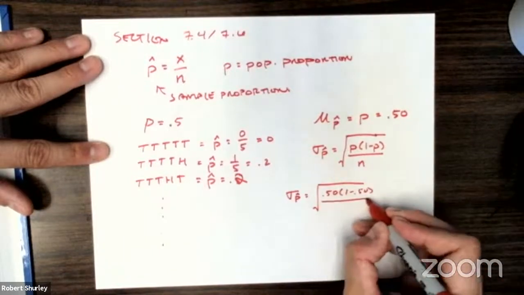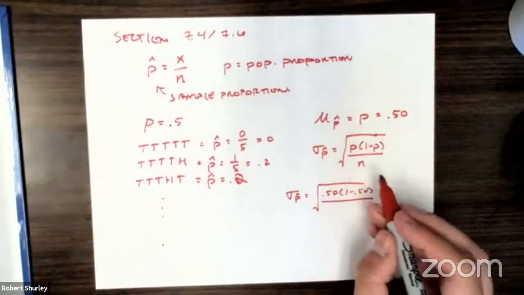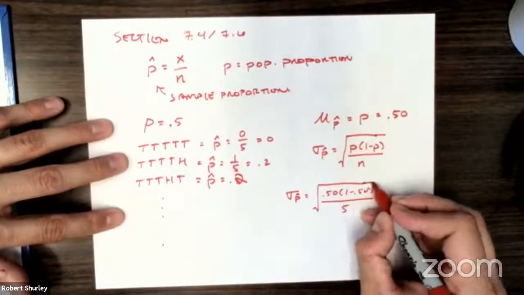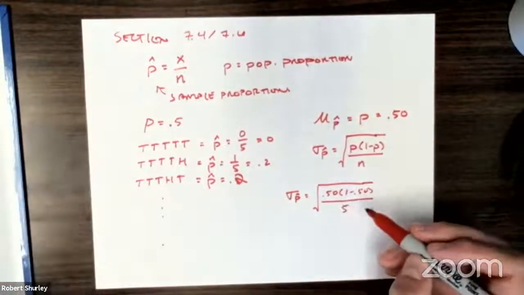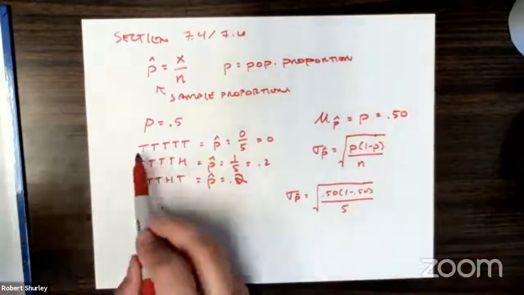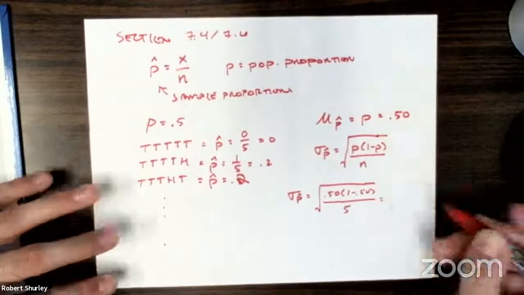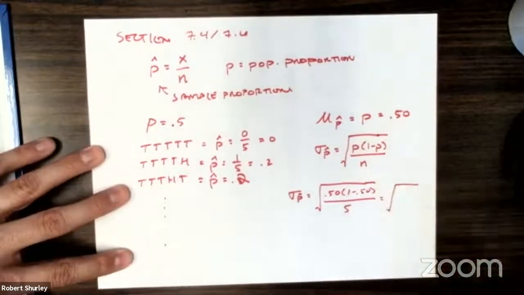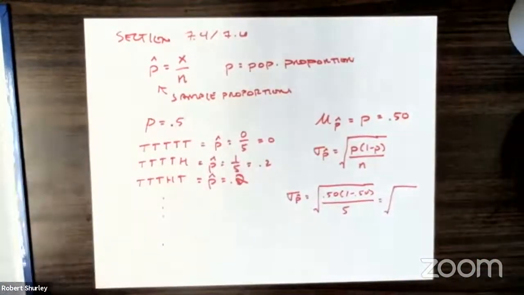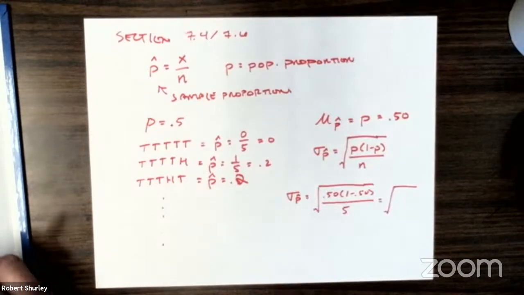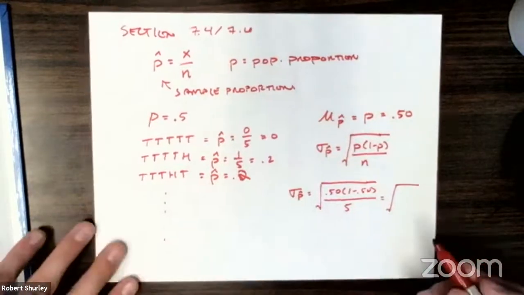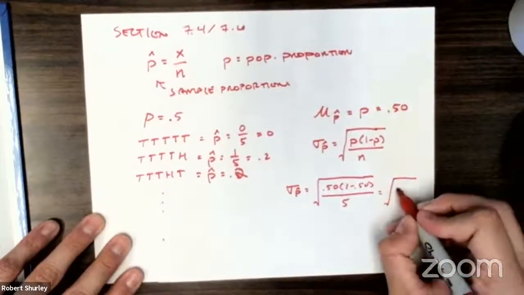All over n. Now, n is going to be 5 because we flipped the coin 5 times. Okay? So each sample contains 5 flips. That's why the n is 5. So this would be the square root of 0.5 times 0.5. I think that's 1.25. Let me make sure that's true. Oh, Lord, I thought too much on that one. Yeah, it's 0.25